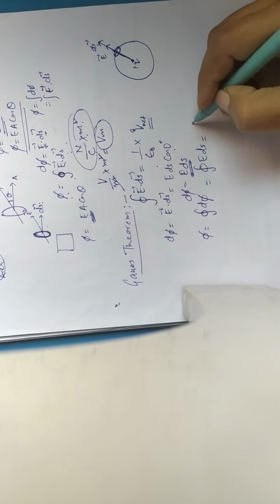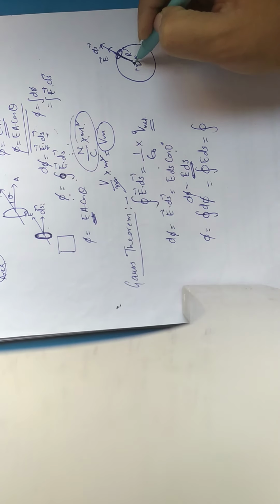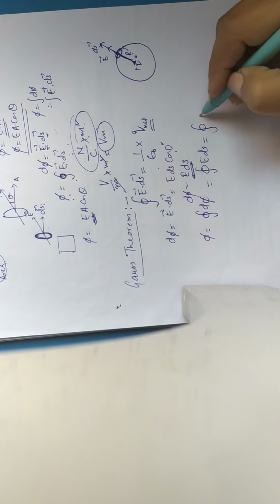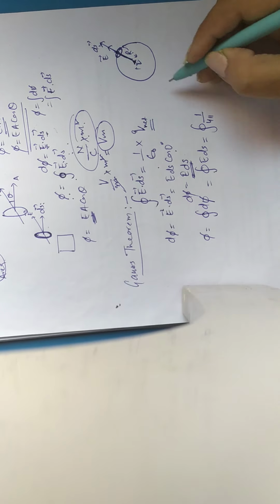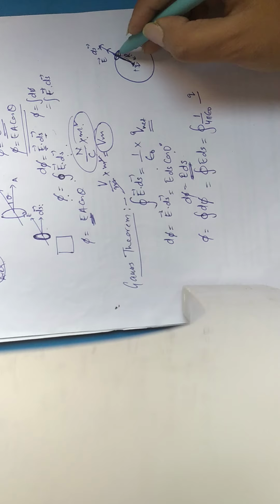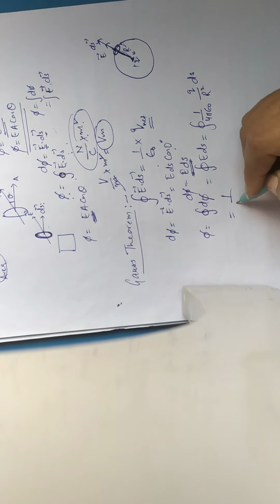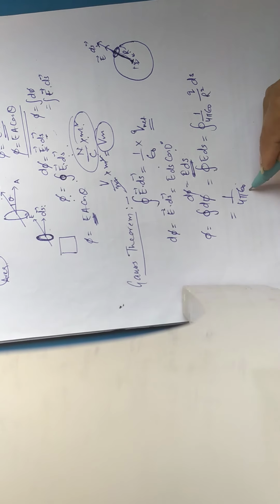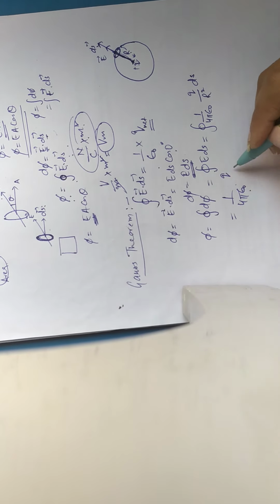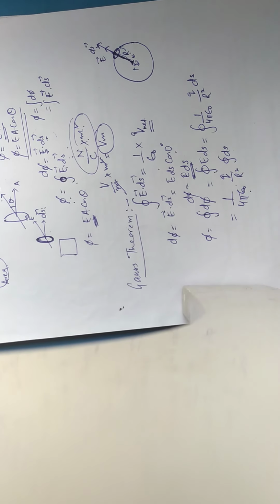Now what is the formula of electric field? Suppose r is the radius of this sphere, so the distance of the point is r. We use the general formula for the electric field due to a point charge, 1 over 4 pi epsilon naught, q divided by r square, into ds. Now you take 1 over 4 pi epsilon naught out of the integral; the charge is constant and the radius of the sphere is constant. What is left is just ds with the closed integral.